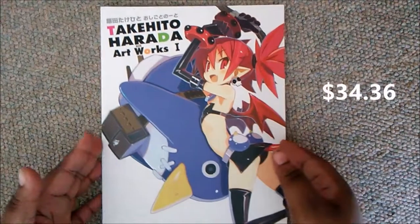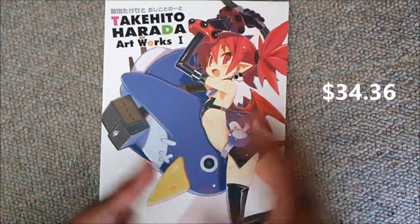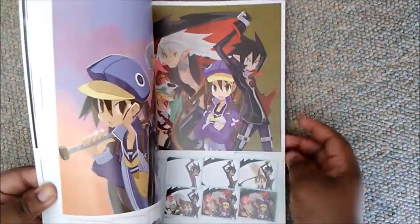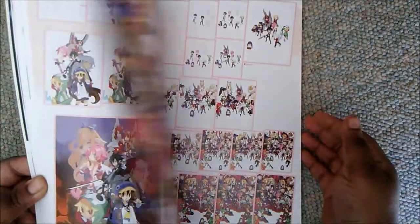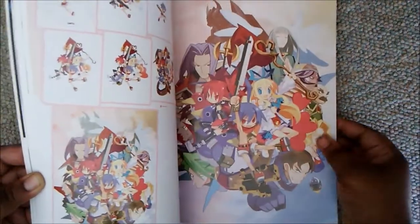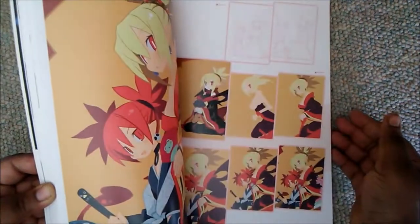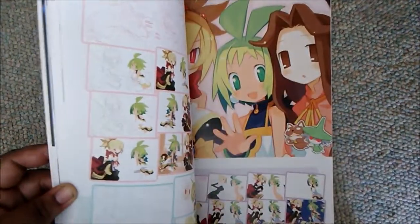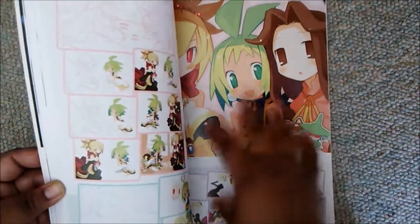The next book is actually the artworks of Takahito Harada, who is the creator of Disgaea. If you guys don't know, I'm a huge Disgaea fangirl, and my brother is too. So I try to collect all the merch I can of Disgaea, but I think I got all of them. This art book is technically my favorite out of the two I have, because this art book shows you the illustration,